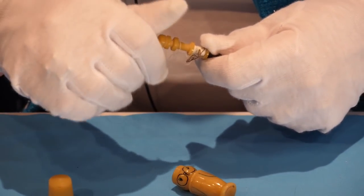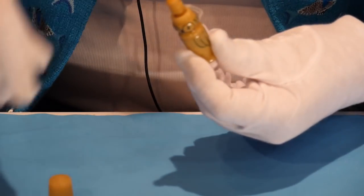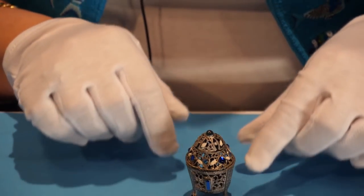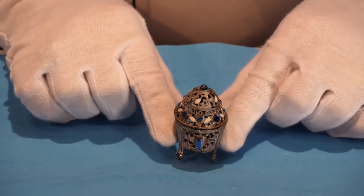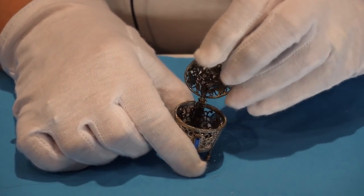So this is a 20th century one, whereas of course the first silver one was probably from the 19th century. He's kind of a cutie the way he goes back together. This is a lovely piece. It's silver and set with gems, set with stones of some sort, and it opens in this way